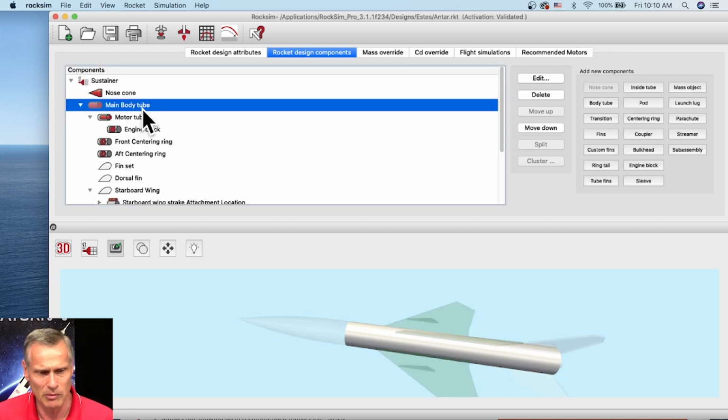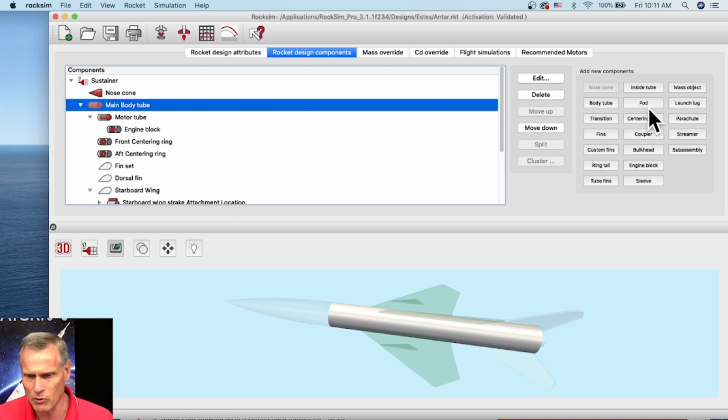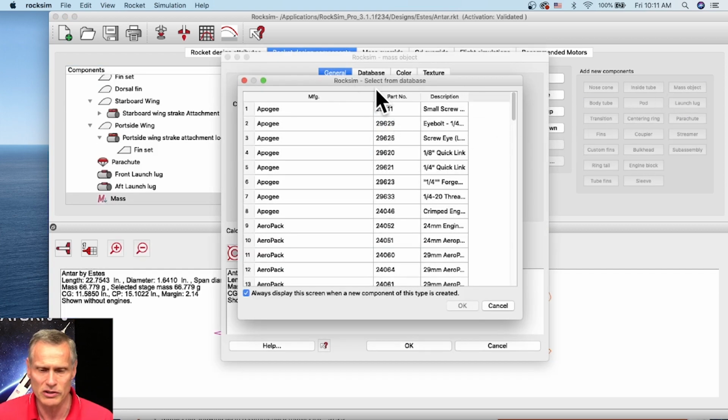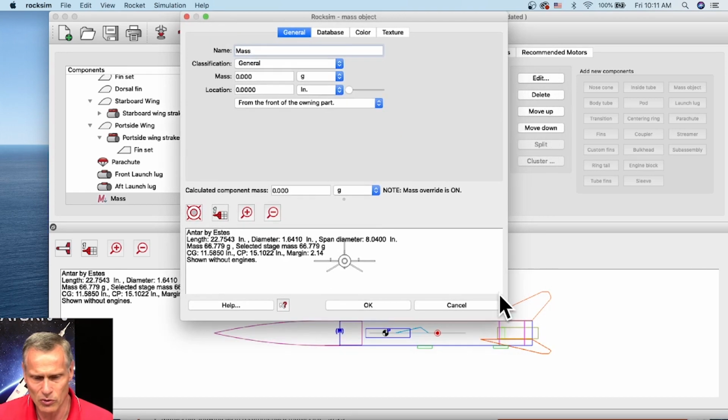So when I highlight the body tube here, you can see down here in the new version, RockSim 10.3.1, it highlights it down here so that we can see what we're working on. And then I'm going to come over here to Mass Object. I'm going to click on Mass Object, and it always looks in the database first. And so you can cancel out of that because we are going to figure out what our mass